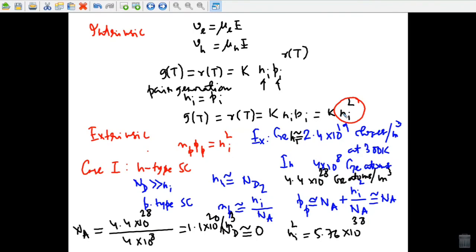And what happens for an extrinsic semiconductor? As a matter of fact, the concentration of impurity atoms is very low, usually 1 atom per 10^6 to 10^10 host atoms as compared to the parent semiconductor atoms, and therefore impurity doping does not appreciably affect the thermal generation and recombination